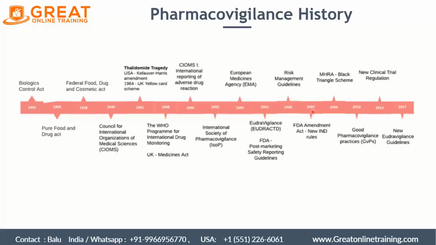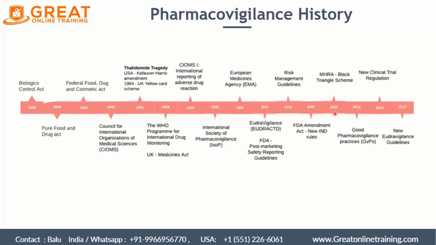And then in 2007, the FDA Amendments Act on the new IND rules, like for the clinical trial, what are the requirements for the submission to the regulatory authority? So the requirements were provided initially in 2007. And then in 2009, MHRA initiated the Black Triangle scheme where they have included certain products where information on all the suspected adverse drug reactions for the black triangle products has to be submitted to the MHRA,